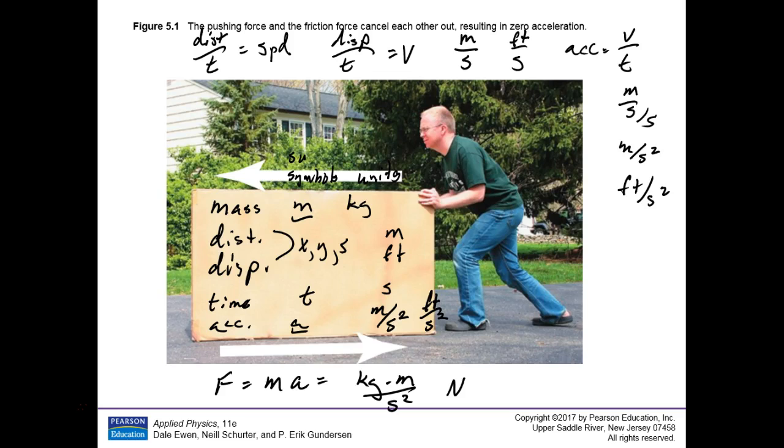Now, in the U.S. customary system, the unit for force is the pound. Okay? And that's LB. Don't ask me where LB comes from. I don't know, but that's what pound is. You know that. You see it all the time. But where did that come from? I have no clue. It's probably Latin or somewhere.